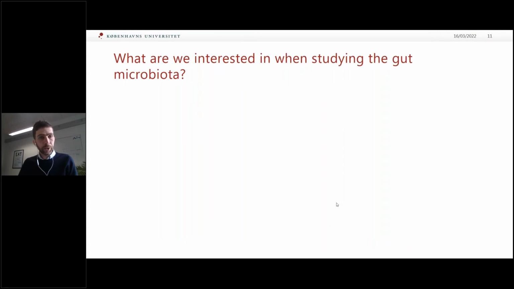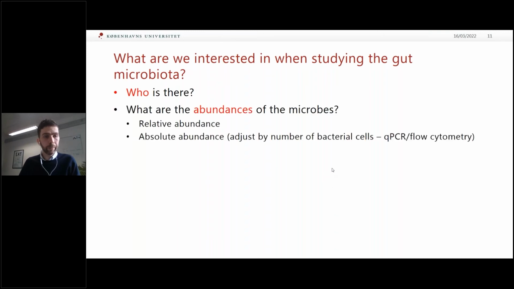So what are we interested in when we study the gut microbiota? Well, we are interested in who is there. We are interested in what the abundances of the microbes are. This is typically reported as the relative abundance, but it can also be reported as absolute abundance. In that case, the relative abundances are adjusted by the total number of bacterial cells in the